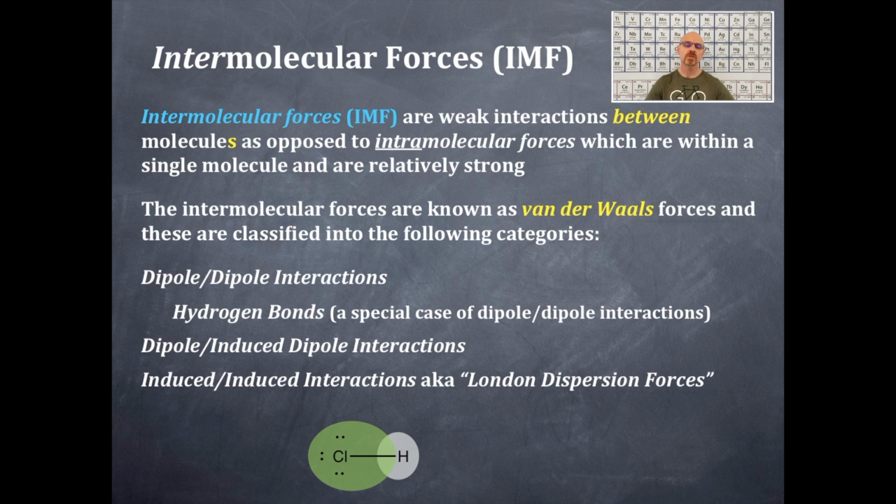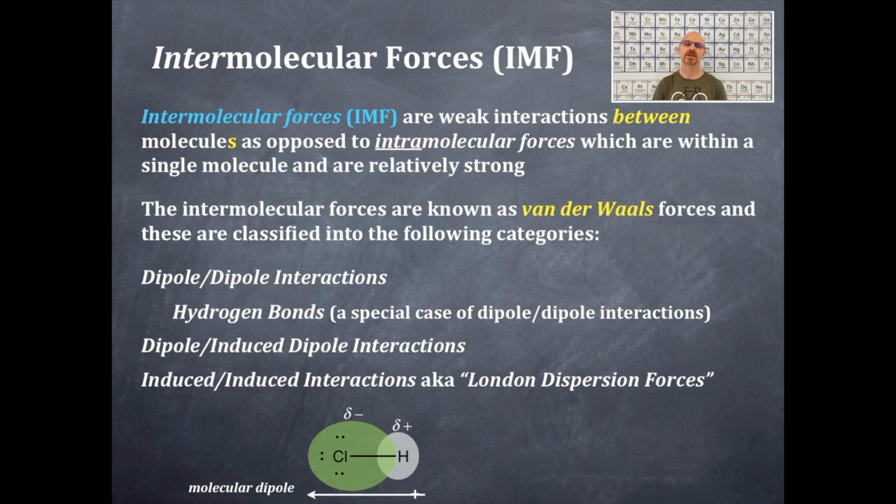And you should see here with the green electron cloud of chlorine, there is a stronger electronegativity for chlorine than for hydrogen. There's a lot of electron cloud, a lot of electrons around the chlorine. It's more electronegative, so it's going to draw the electrons towards the chlorine as opposed to the hydrogen. That is, the chlorine is more electronegative, and it will pull electrons away from the hydrogen within that intramolecular force. Okay, and that will create a charge separation, and that is the delta negative and the delta positive,